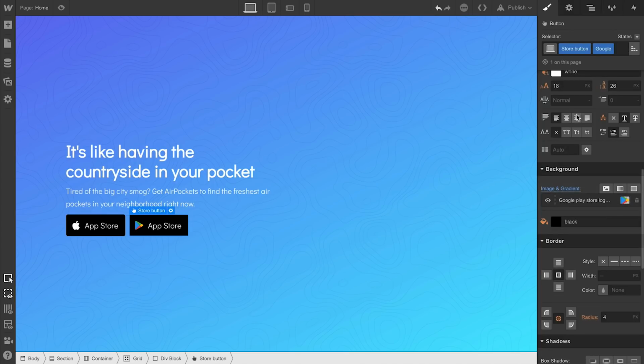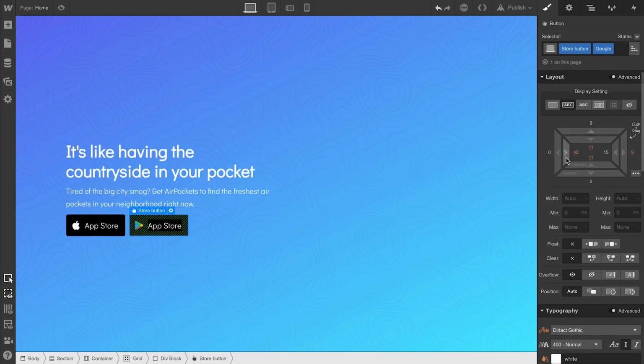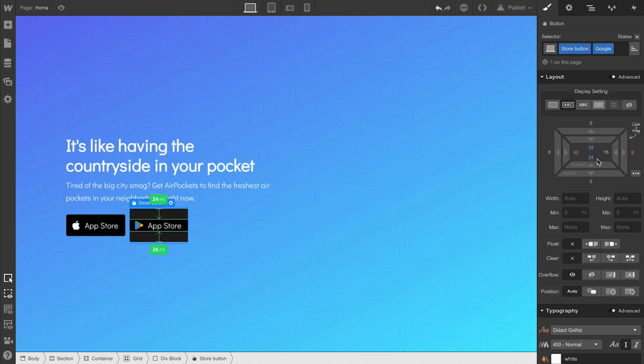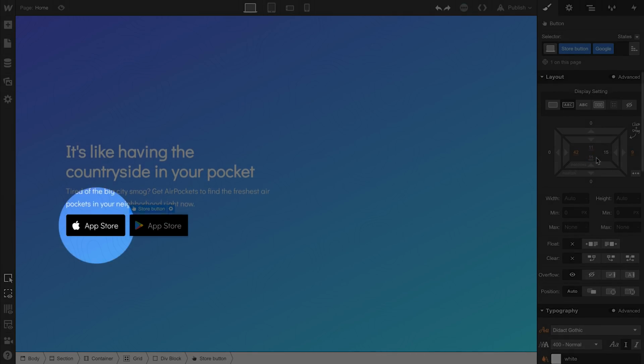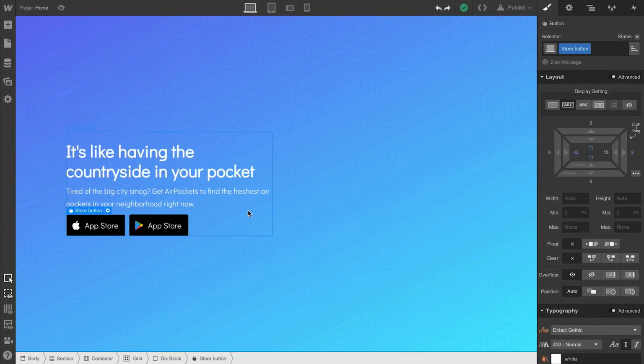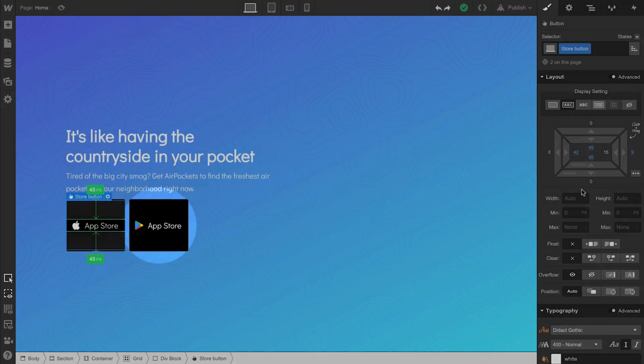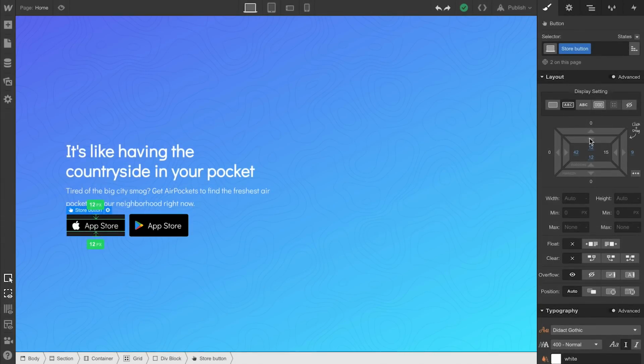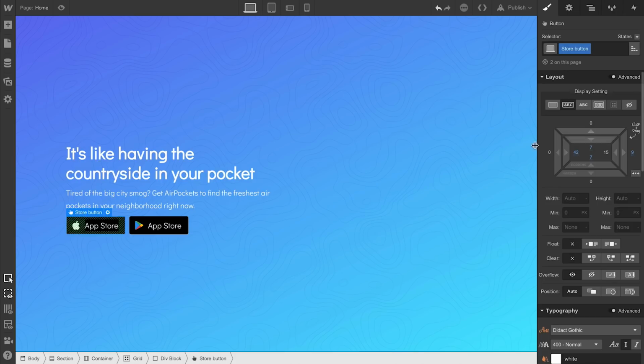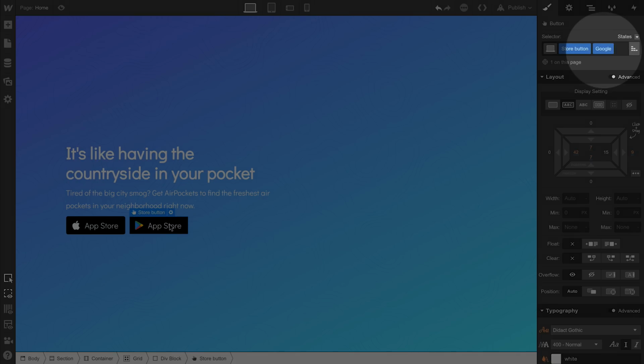Now remember, this button's styling is based on the first button's styling. Making a change to this button won't affect the first button because it's a more specific selector. If we select the first button, make a change there, since that's the basis, it will affect the second button. We can use any style, any class as a starting point. All we have to do is add a combo class.